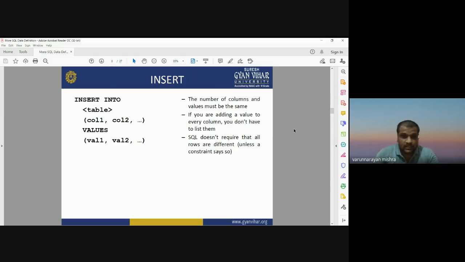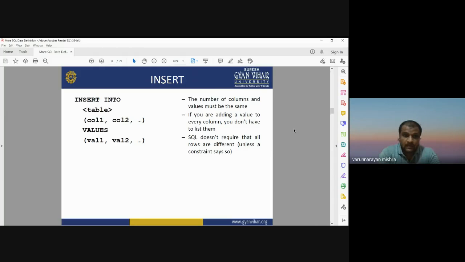So for inserting any new data sets in your database, you first have to define the table where you want to insert the value. INSERT INTO is written in capital letters, then within the angle brackets, the less than and greater than symbols, you write the name of the table. Now we are going to insert a value in this table.